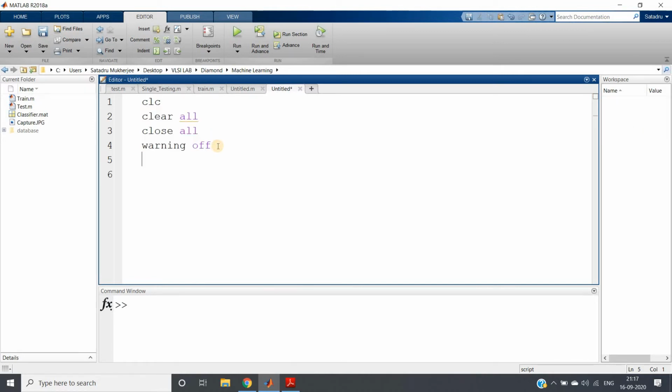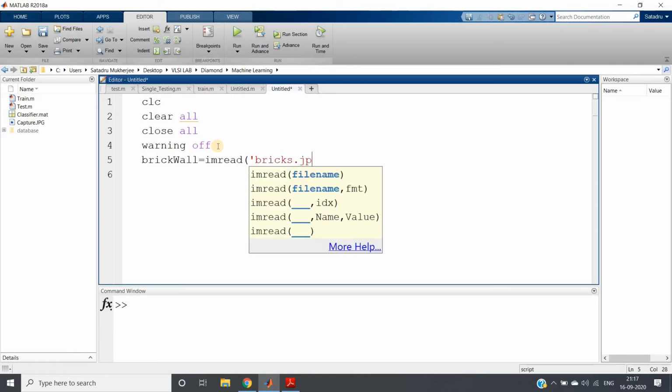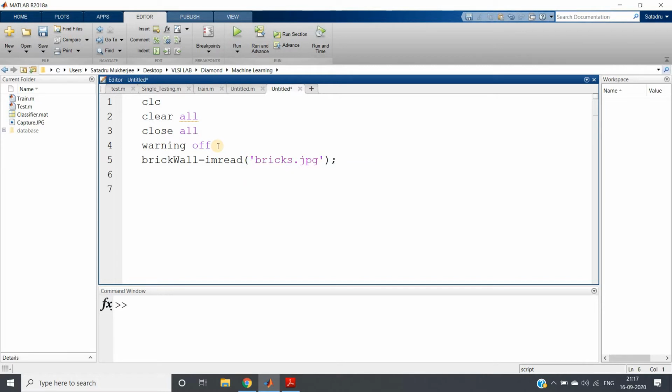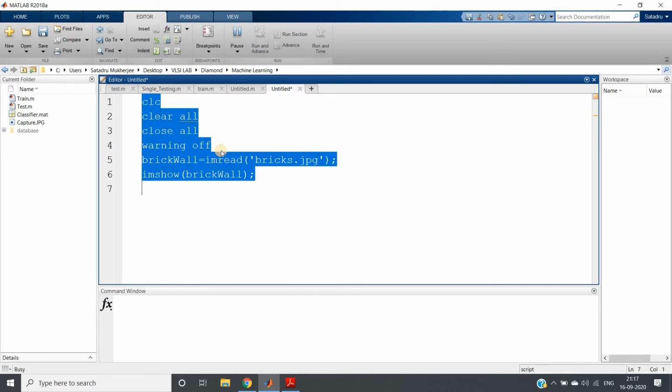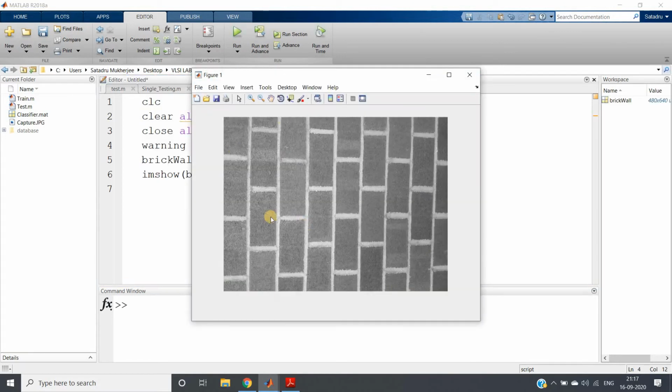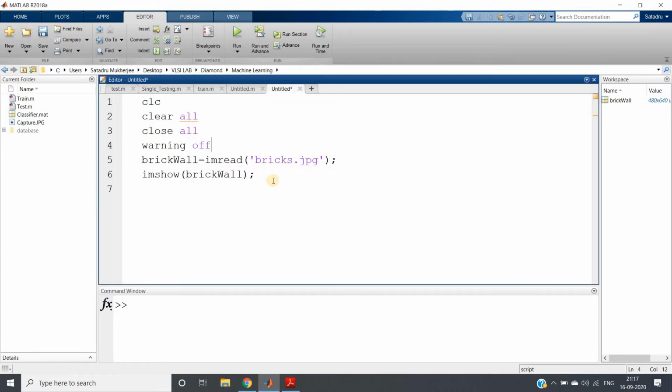Now I will write brickwall equal to imread bricks.jpg. This image is present in the MATLAB database itself, so you don't need to take it from outside. Then imshow brickwall, and let me show you the image. This is the texture of a brick wall.